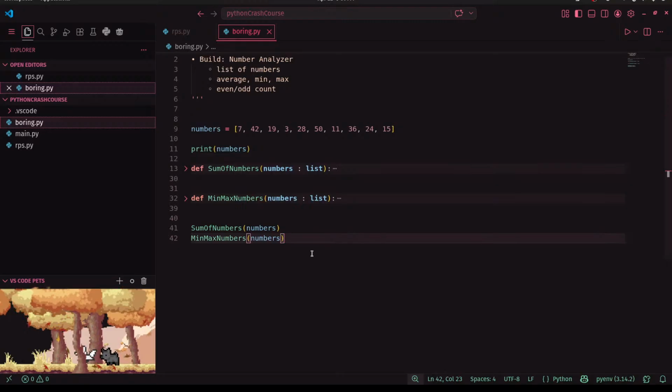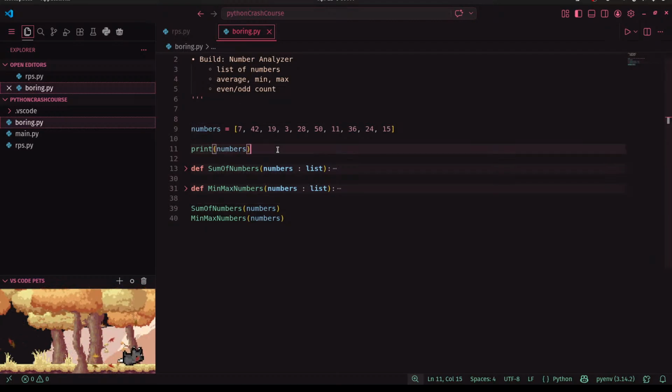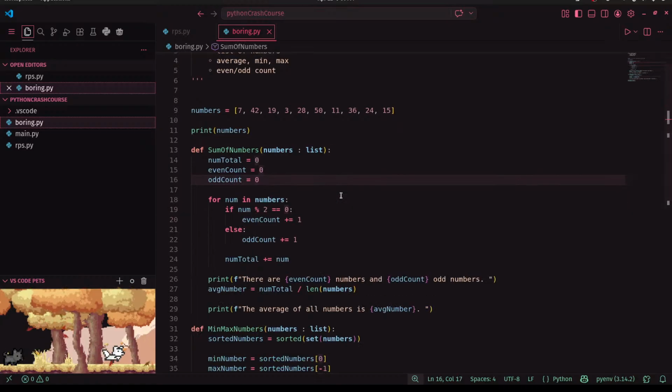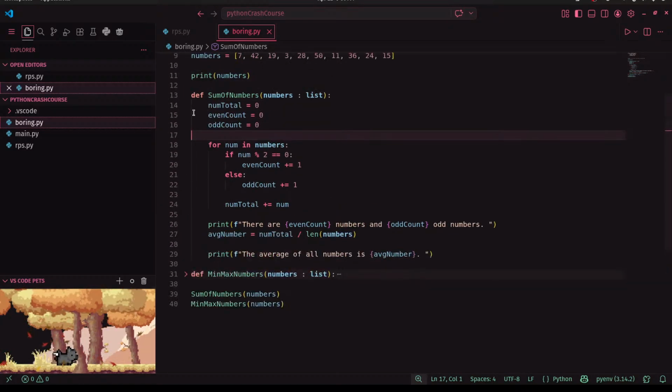So all that works. Now then, what we could do is,